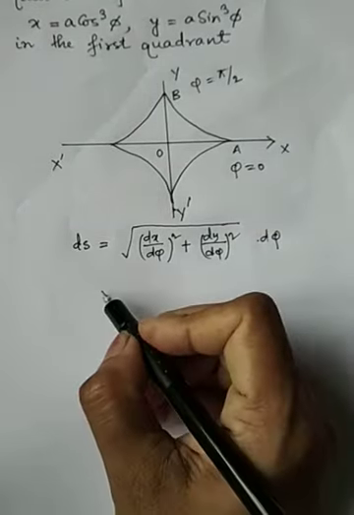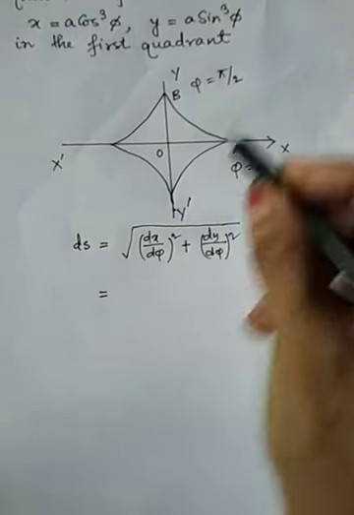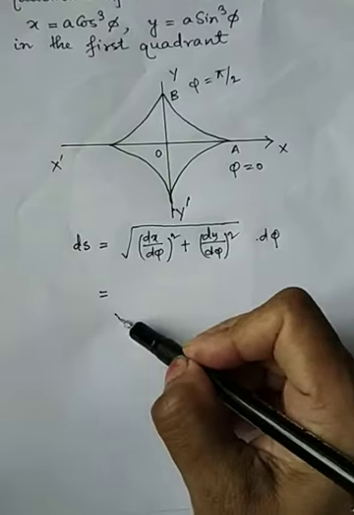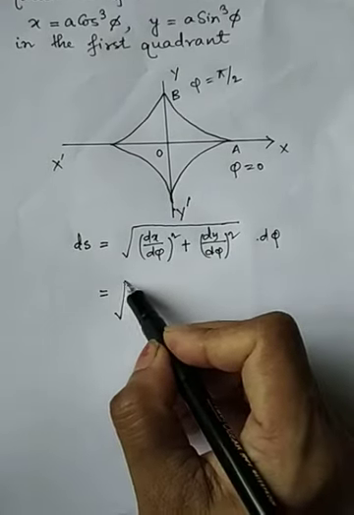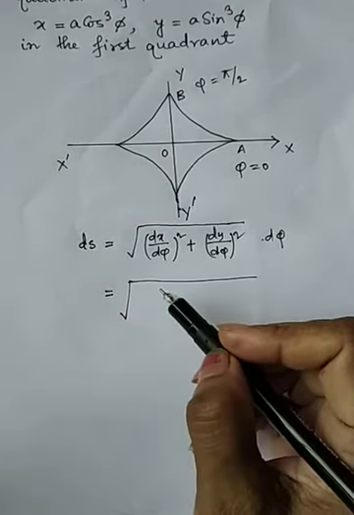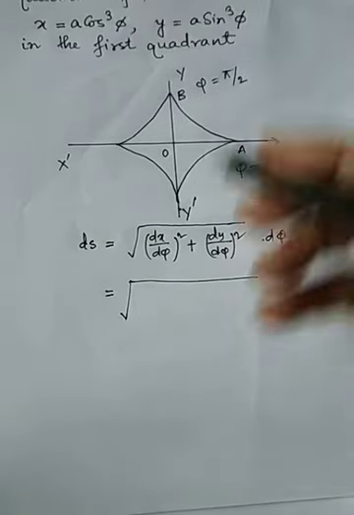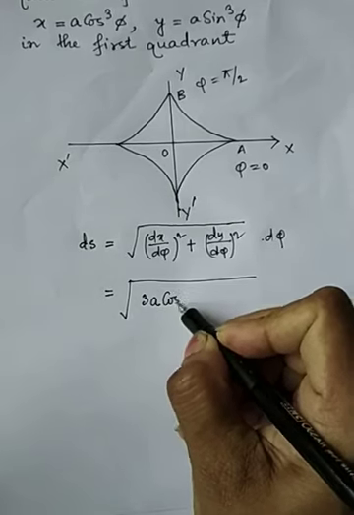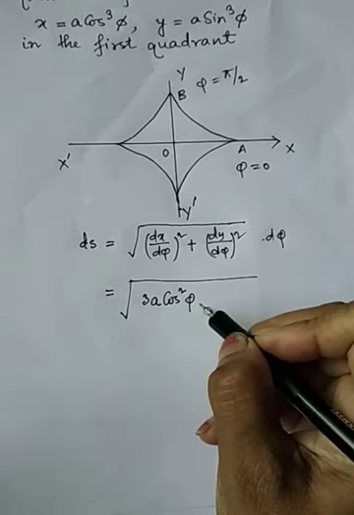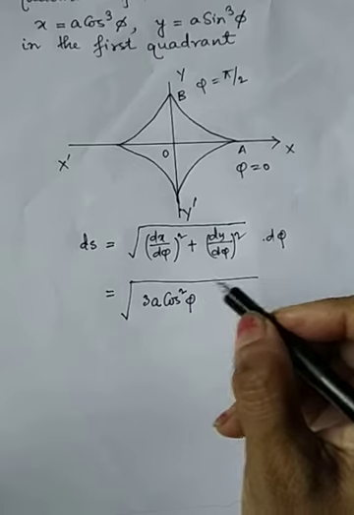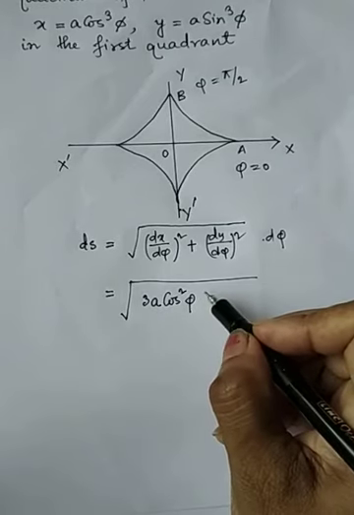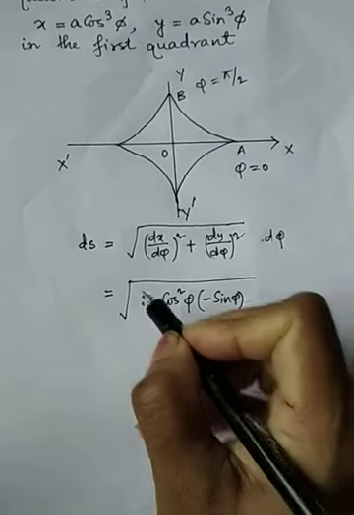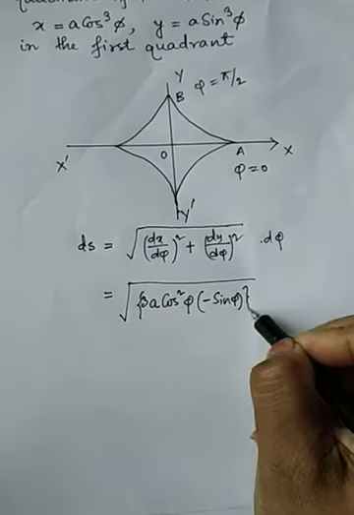So if you do the derivative of x equals a cos cube phi, then you will have 3a cos square phi, and the derivative of cos phi is minus sin phi, the whole thing squared,